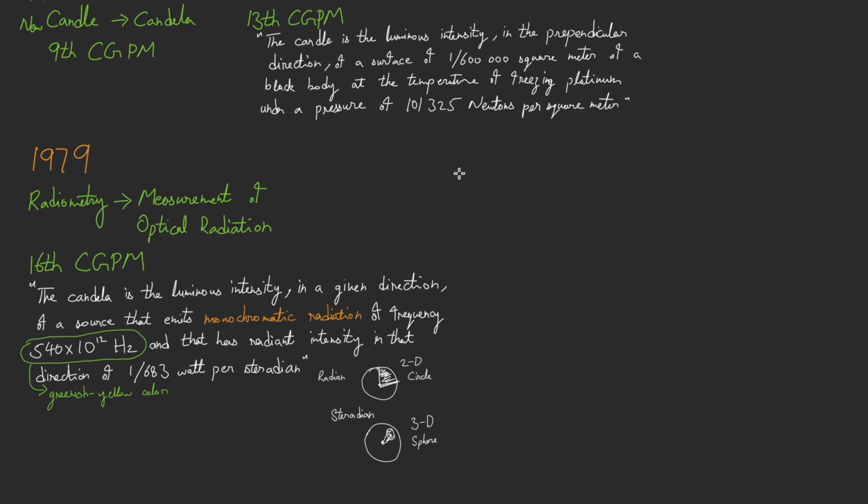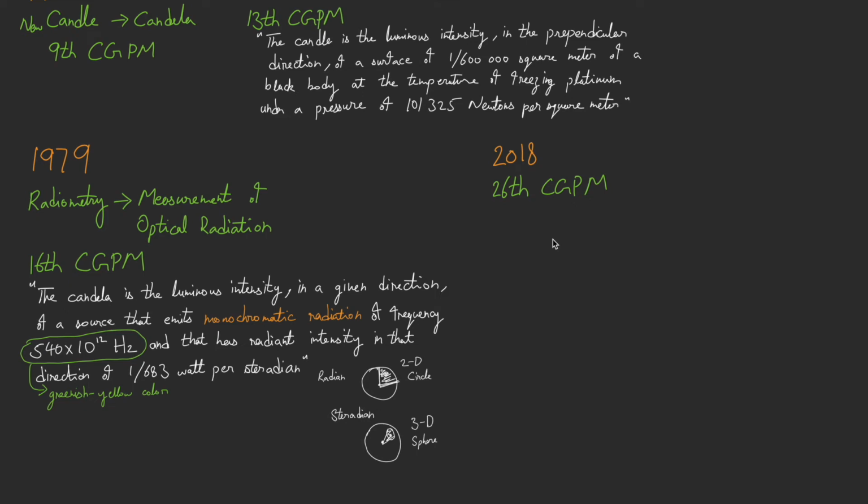Let's go to the last definition, which is now the definition. In 2016, the 26th General Conference on Weights and Measures, which is CGPM, redefined the candela. What was the definition? The candela is defined by taking a fixed numerical value. Oh, just before saying the definition, remember,